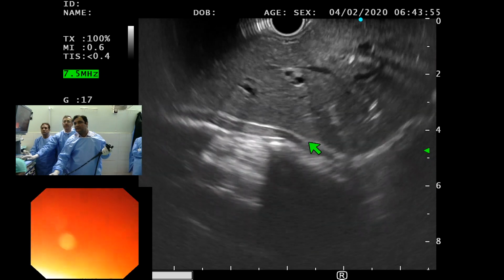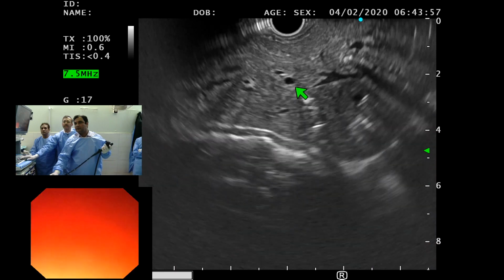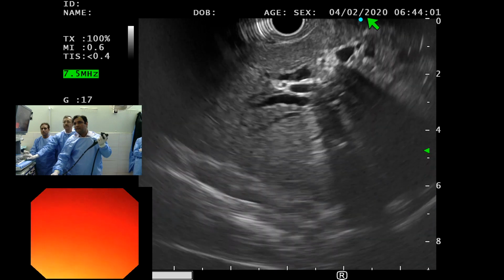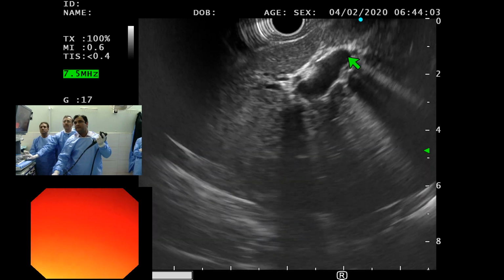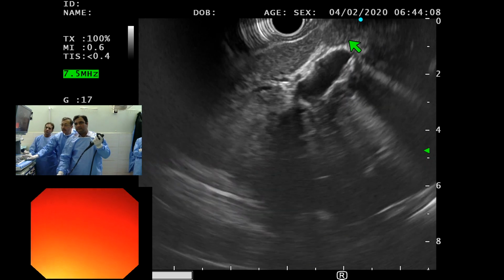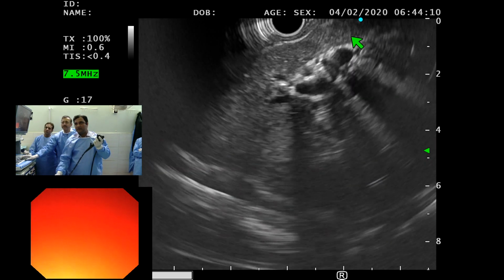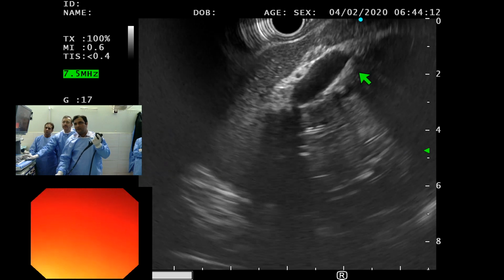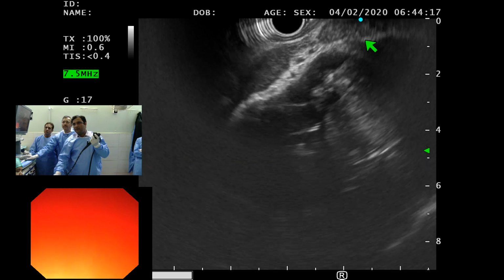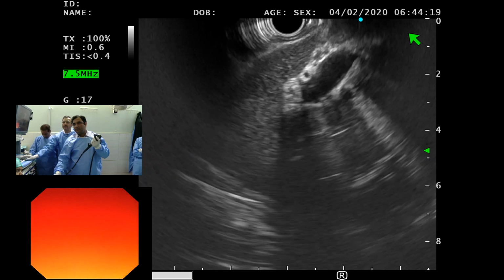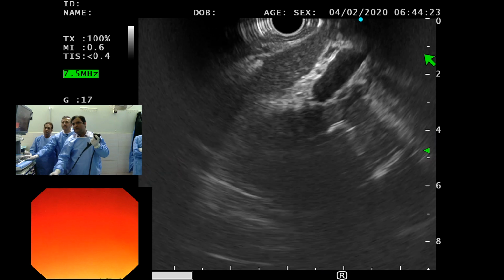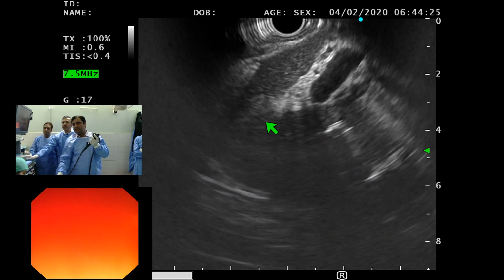This is segment 2, this is segment 3. No, this is ligamentum venosum, fissure, umbilical part. Ligamentum teres on this side.